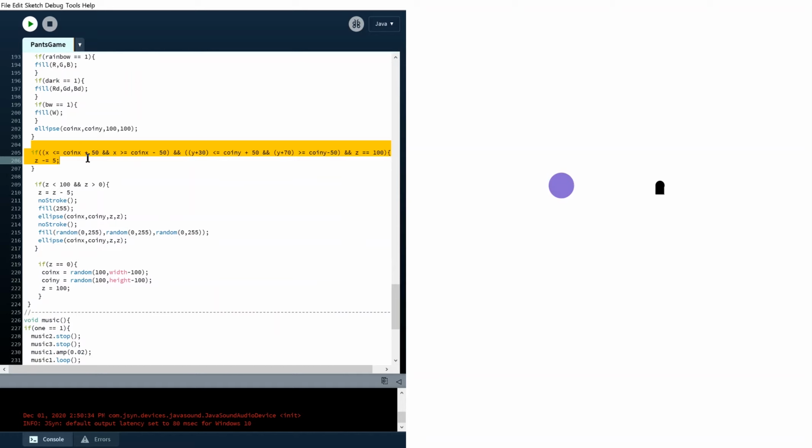So this little bit right here is important because it initiates the shrinking of the circle. When the pants are within a specific boundary, so when the position of X, which is the position of the pants, is within 50 pixels of the coin X, and then again for the Y, so pants Y is close enough to coin Y,